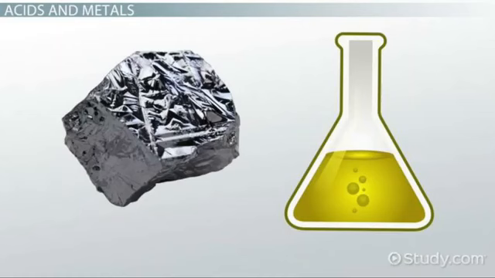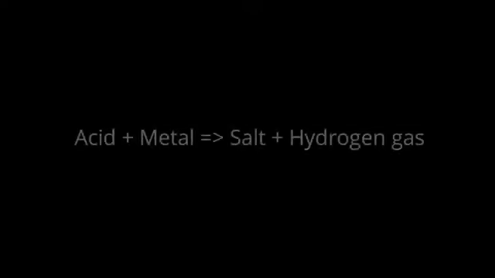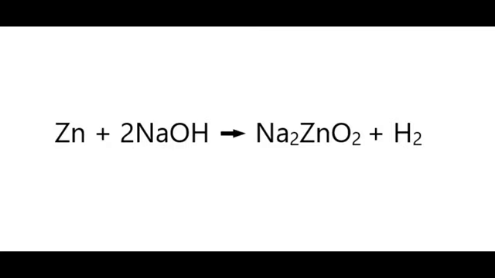Now let us understand the reaction of an acid or a base with a metal. When an acid combines with a metal, it gives us salt and hydrogen gas. For us to understand it better, we perform an experiment where we take the aqueous solution of sodium hydroxide and add zinc to it. Now this zinc combines with the sodium hydroxide to give us a salt named sodium zincate, whose chemical formula will be Na2ZnO2.